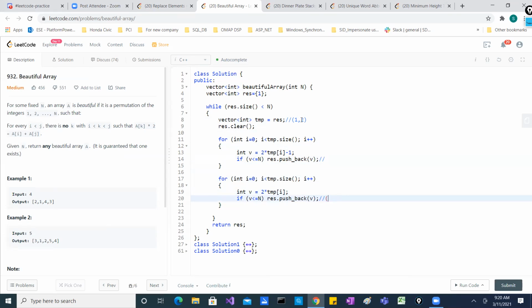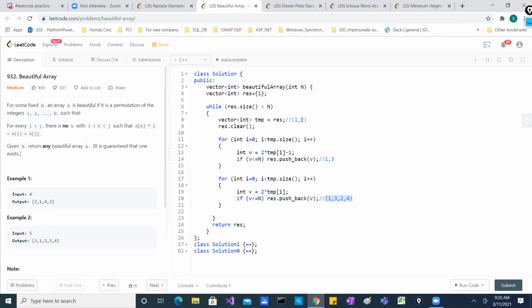So when I do this with 1 and 2, I come here and again create odd and even values. For 1, I create another odd value, which will be 1, correct? Then I go for 2. 2 into 2 is 4, 4 minus 1 is 3, so I create 3 here. Then I come for this guy here. 1 into 2 will be 2, and 2 into 2 will be 4. Then I append all of them together, so it will be 1, 3, 2, 4 like this. So now this value actually will come here.